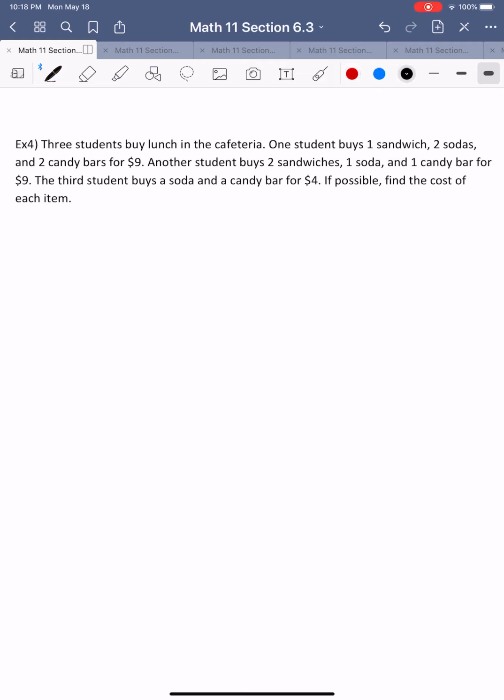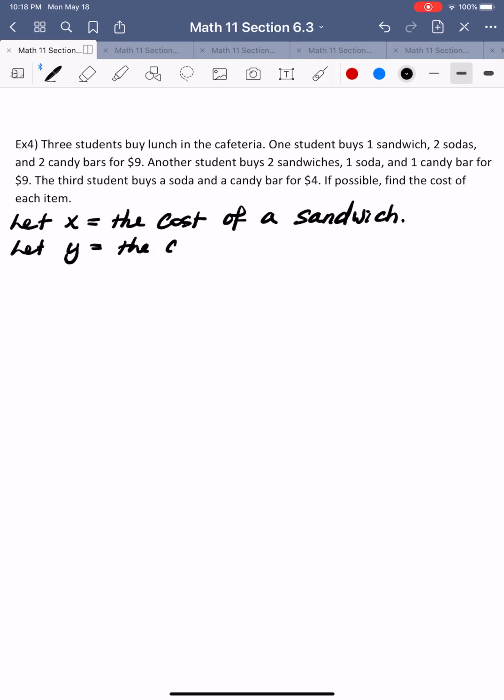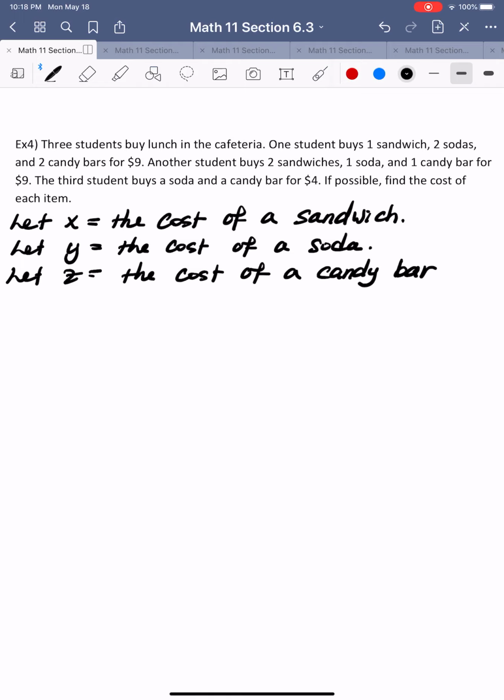Okay, so I'm gonna say let x is the cost of a sandwich, and then y is the cost of a soda, and z is the cost of a candy bar. All right, so